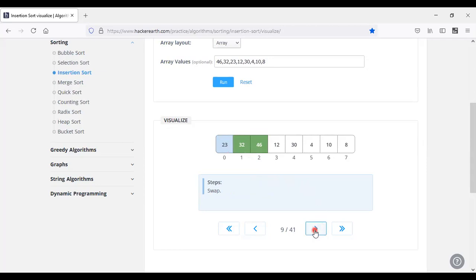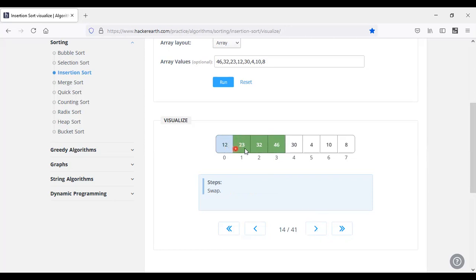The next element is 12. 12 is compared with 46, and 46 is greater than 12, so it has to be swapped, and then 32 is swapped, and now it is taken into sorted order position.